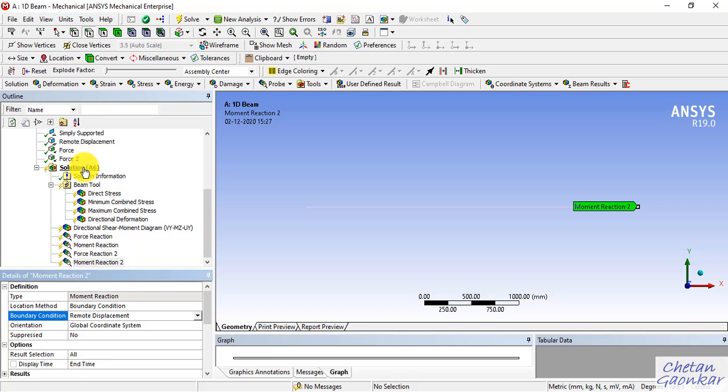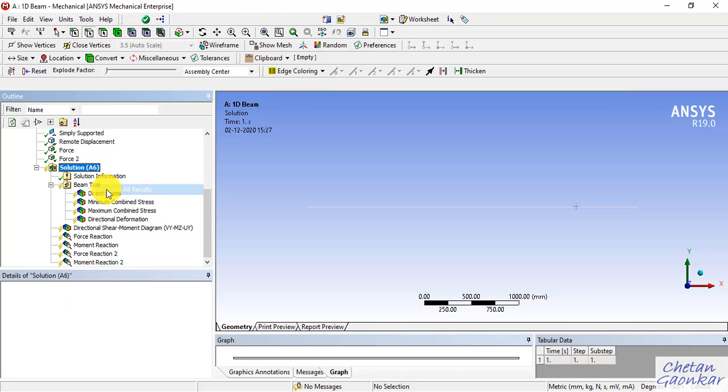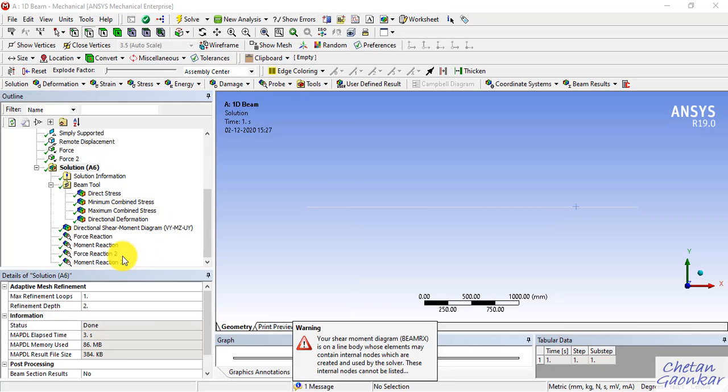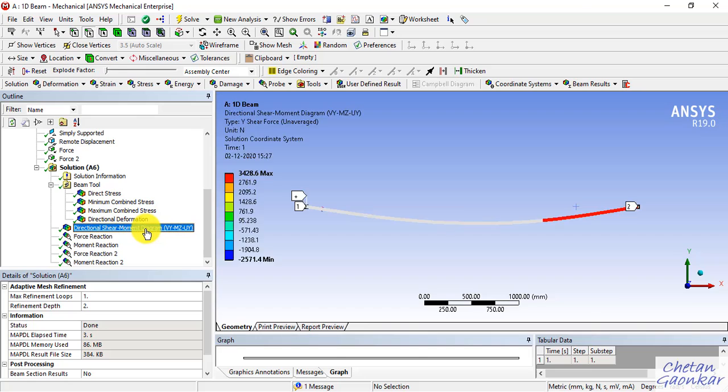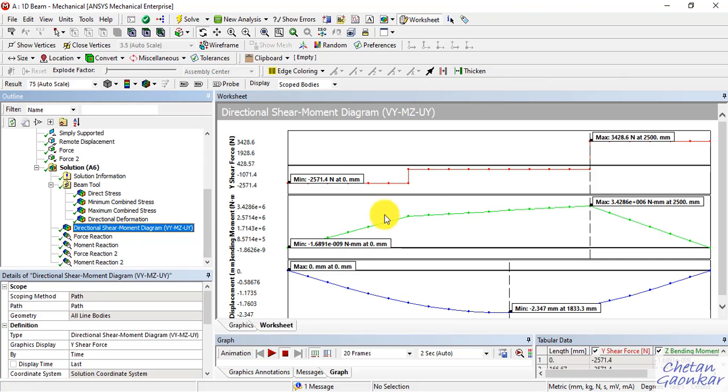For that, you need to right click on the solution and then say evaluate all results. It will not solve again, but it will evaluate all these results. It is giving us some error because this is basically a limitation of software. We cannot do anything about that. So almost everything is ready for us. Let us click on the shear force and bending moment diagram and let us see how it is plotted. So if I click on this directional shear force and bending moment diagram, it is showing us the shear force